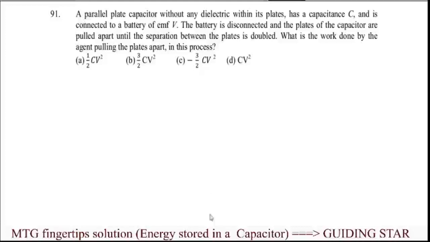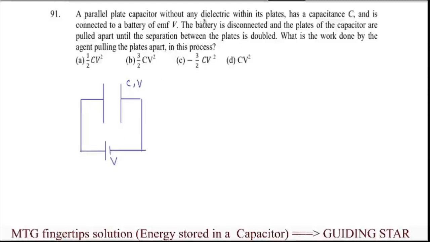In this question, a parallel plate capacitor without any dielectric within its plates has capacitance C. So there is a parallel plate capacitor, assume that, and here without any dielectric inside it. So its capacitance is C, and it is connected to a battery of EMF V. So here this capacitor is connected across a battery of potential difference V. So that means this capacitor will get charged till having the potential difference same as the source,